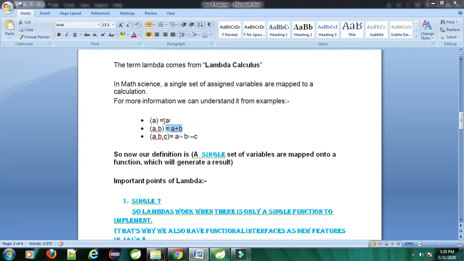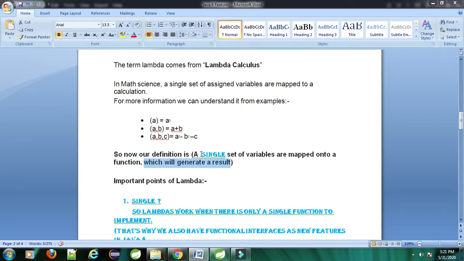Let's say the value of a is 2, so a square will be 2 into 2, which gives 4. For a comma b, a plus b, if a has the value 2 and b has 3, it will give me 5. In the same way it will calculate everything and generate a result.